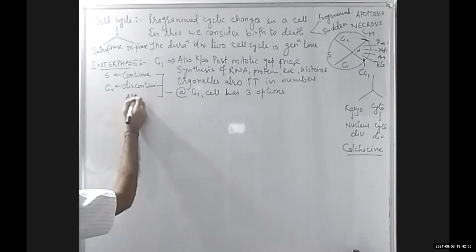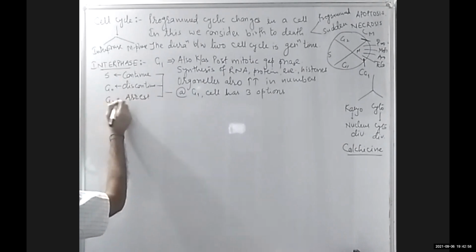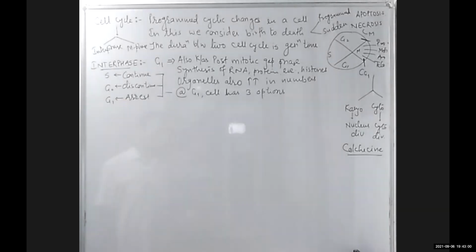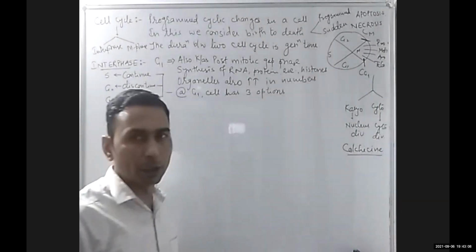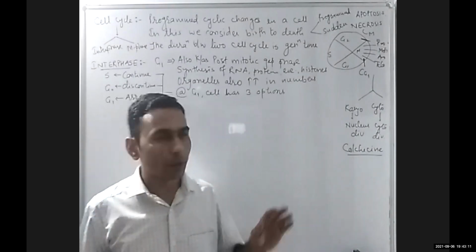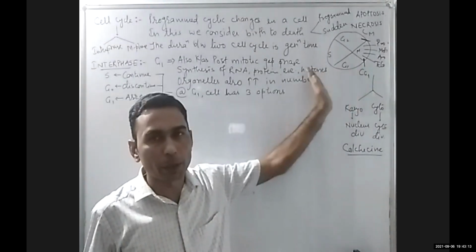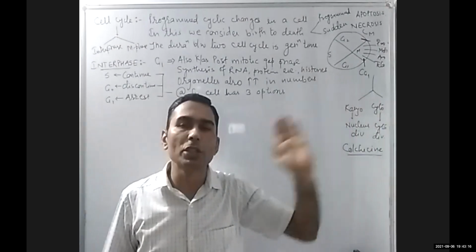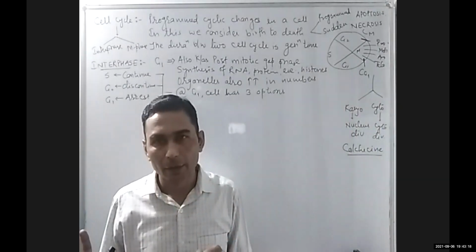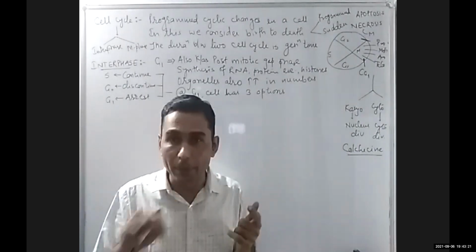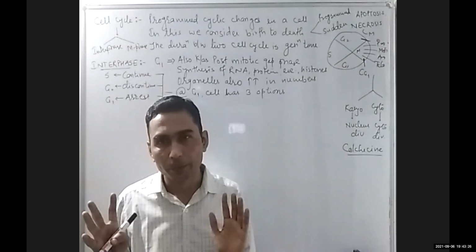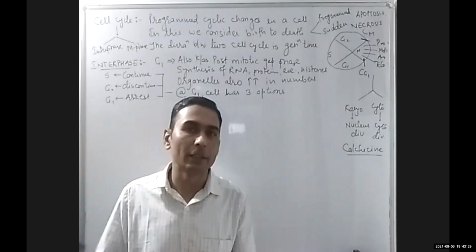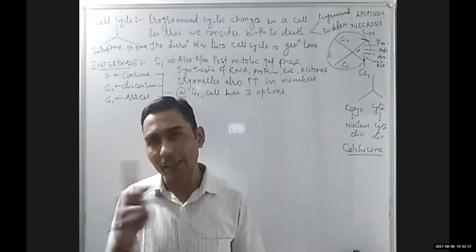And third, arrest, and stay in G1 itself. There are three options, simple three options. If the cell finds that sufficient energy is not available, not enough potential is available, then there are three choices. If the energy level is not sufficient, then permanently it can enter into G0 and exit from the cell cycle. Once it enters into G0 and exits, there is no chance for further reproduction. Now the cell has exited the cell cycle.